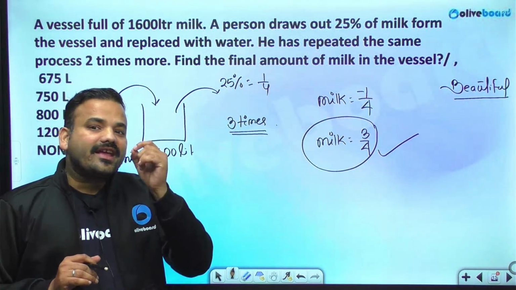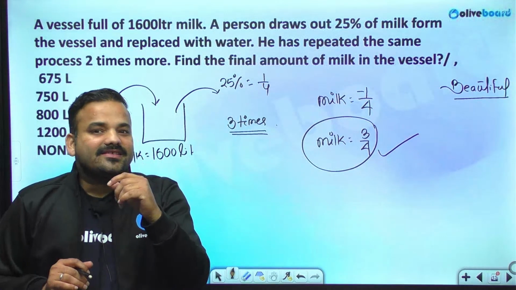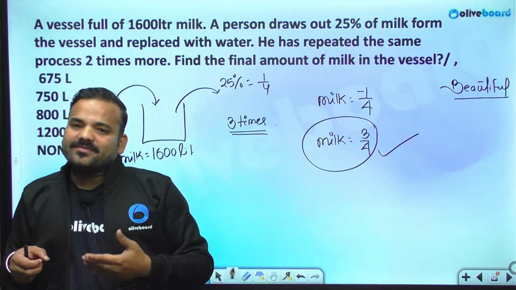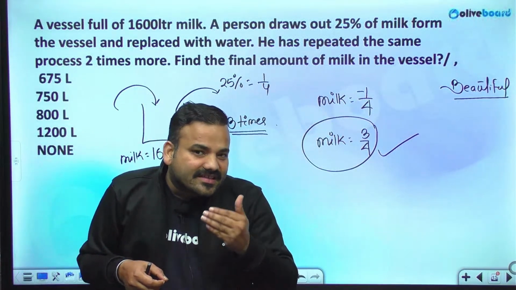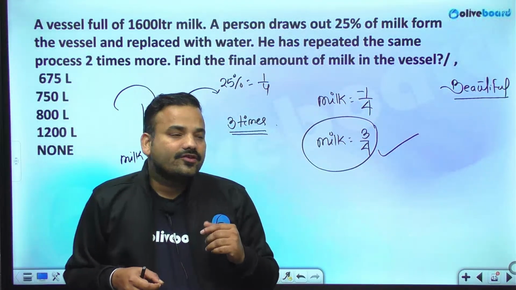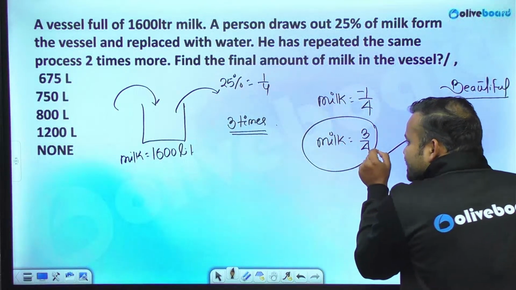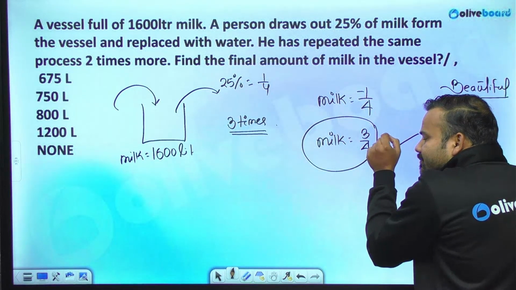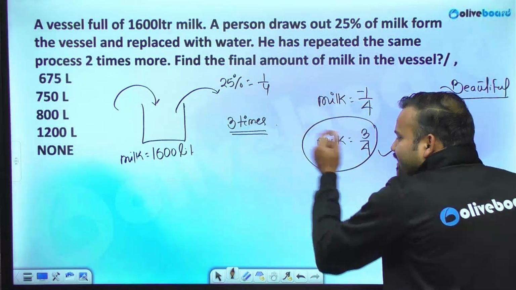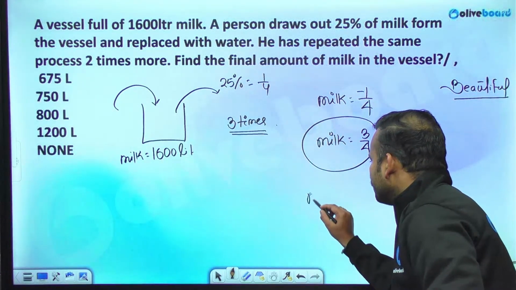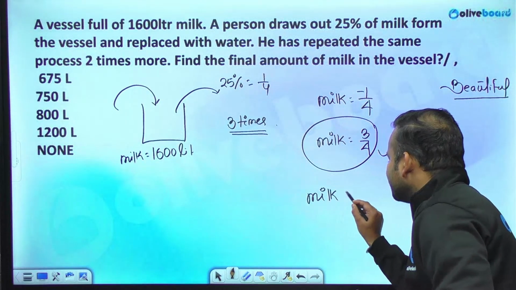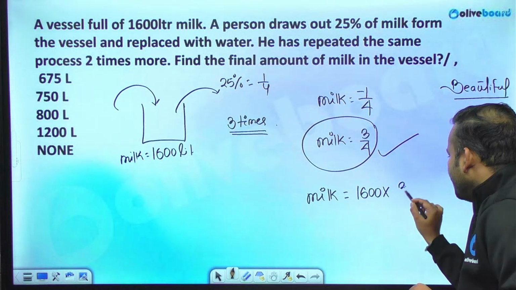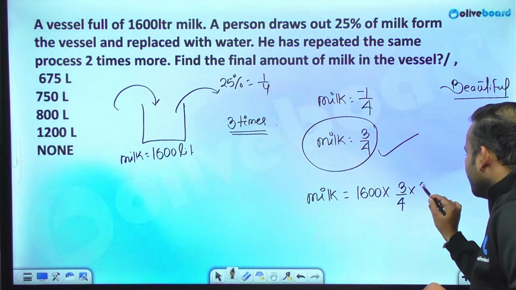You are taking 25% of milk every time. That means, let's say I have 100 liter now, 25% is being taken out. That means milk becomes 75. Now this 75 will become 100%. So each time 75% of the milk is remaining of its previous part. And how many times are we doing it? We are doing it 3 times. So the amount of milk that is left in the container is, the milk was 1600 liter. In 3 such attempts, it will be 3/4,